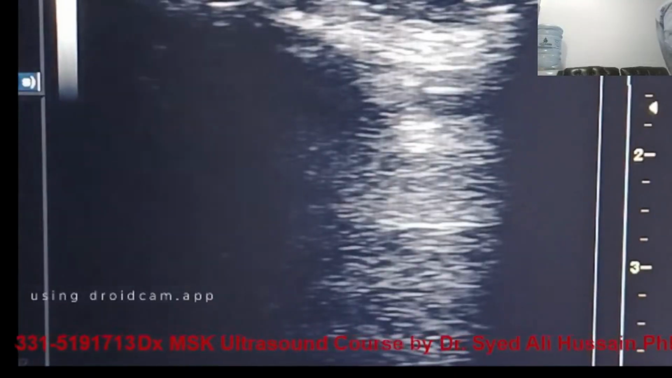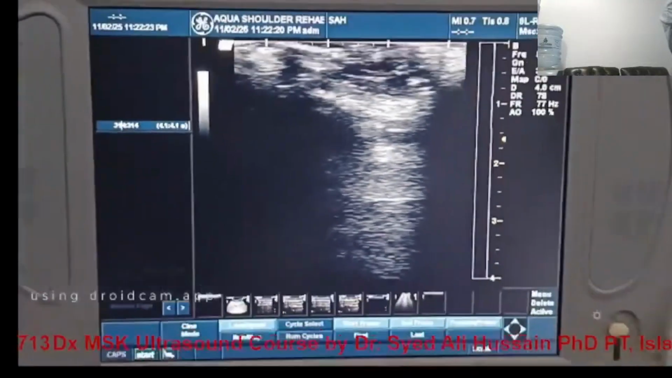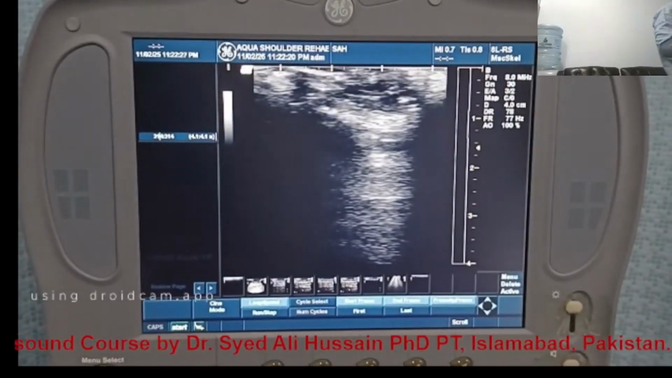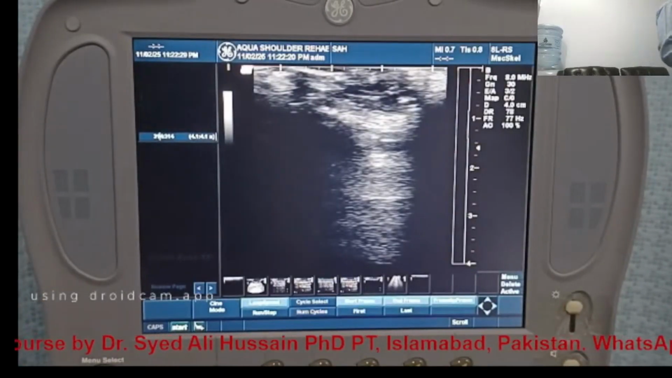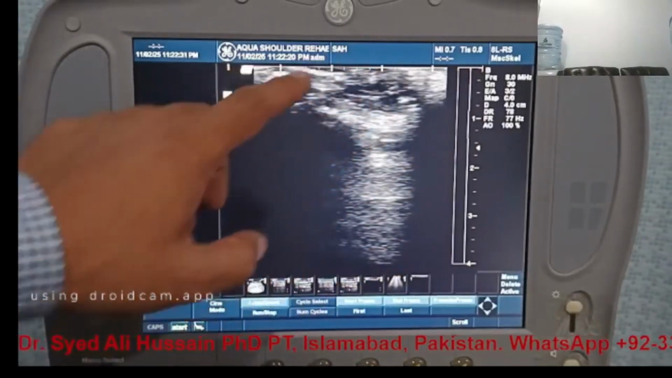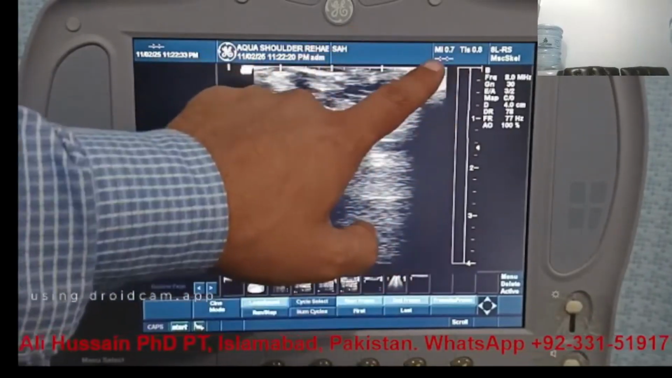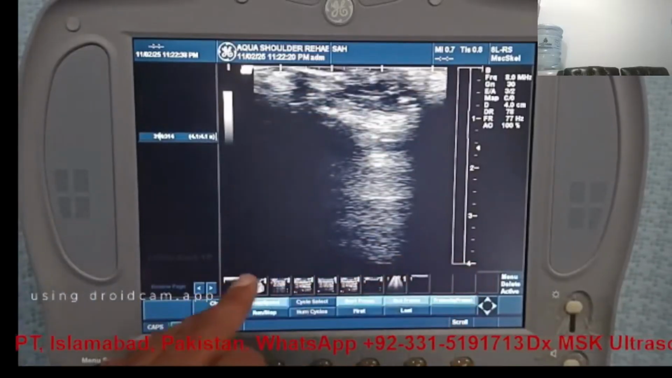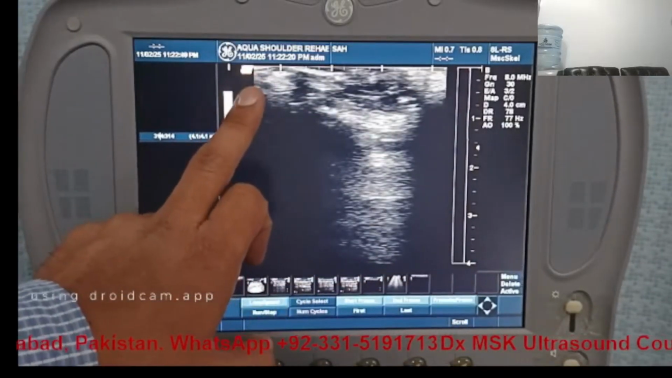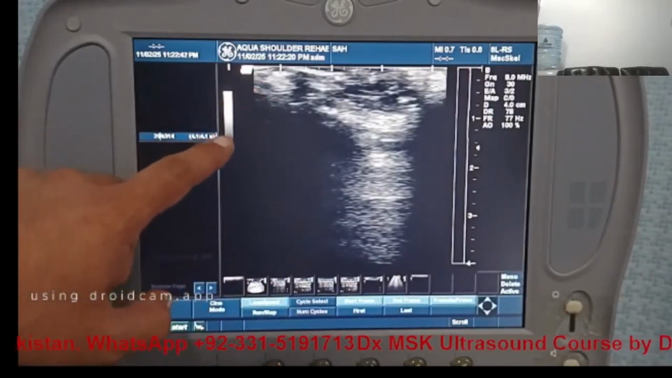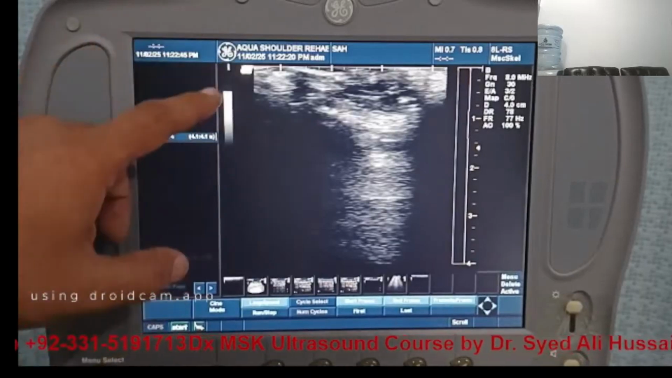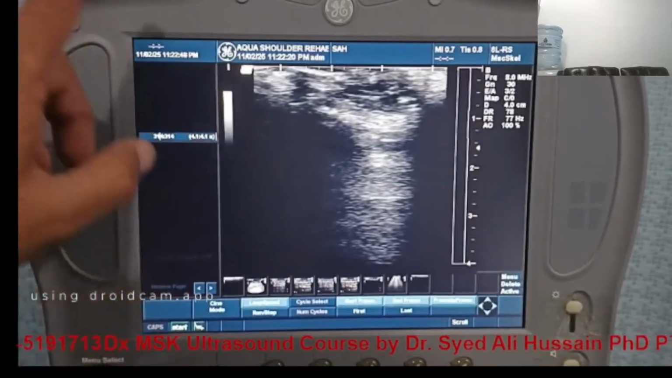So then this is basically the orientation of the screen. From top to bottom, once again I'm telling you, it is superficial to deep, and from right to left it is right lateral and left lateral, depending upon the marker of the probe. Then this whiteness is showing us the acoustic output, and in terms of TGC, if you see,